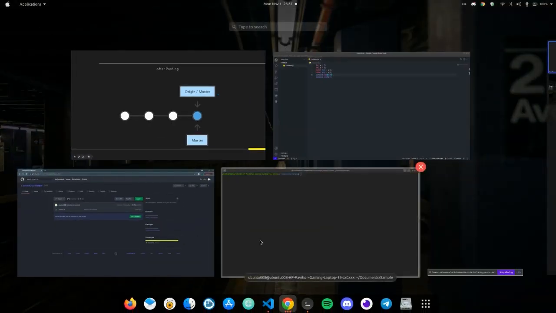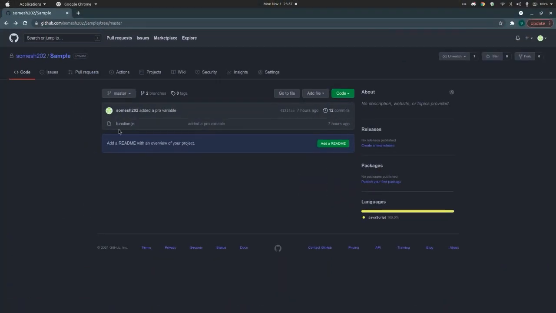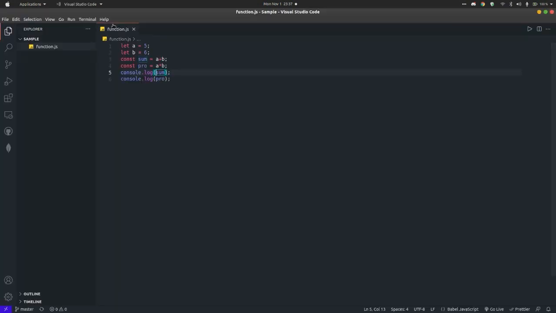Let's see. I've created a repository on GitHub named sample, and I have this repository set up locally in VS Code. This is very basic code, and we have this file function.js.